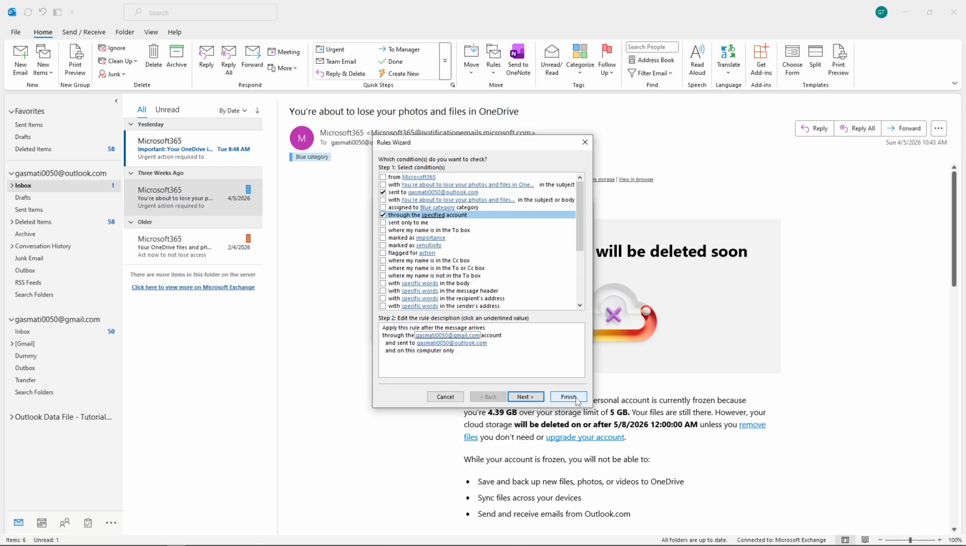And there you have it. You've successfully set up email forwarding from Outlook to Gmail, making it much easier to manage all your communications from